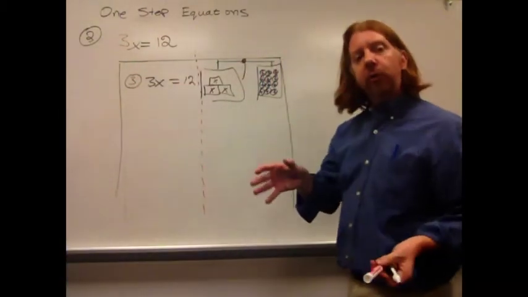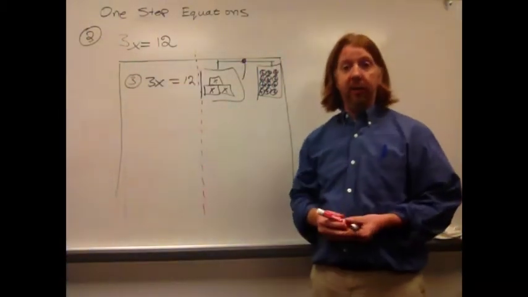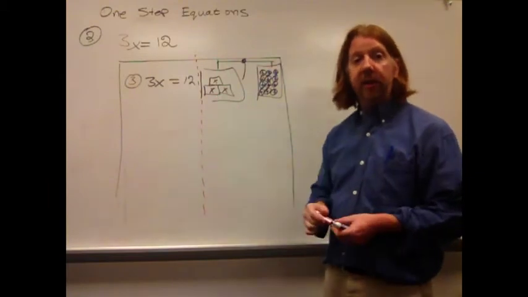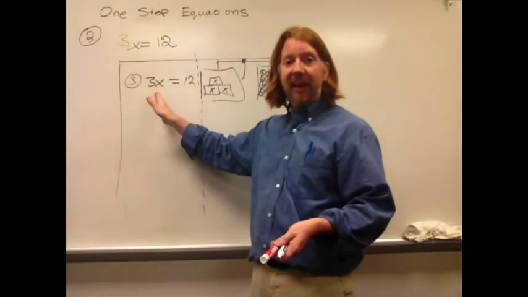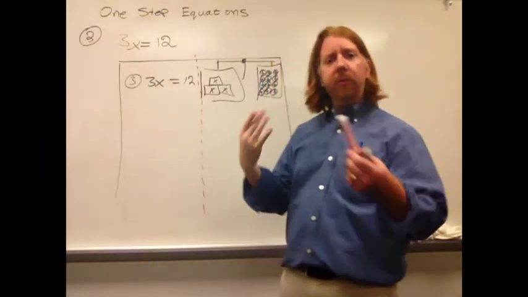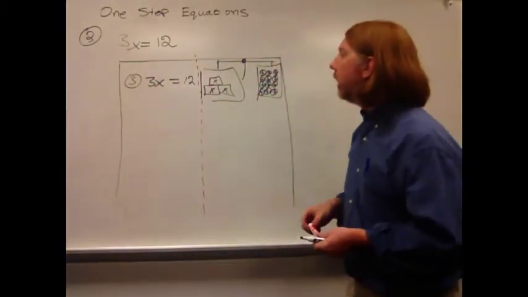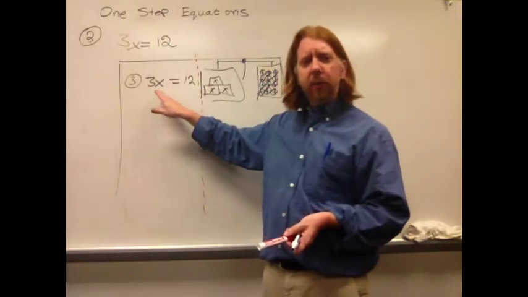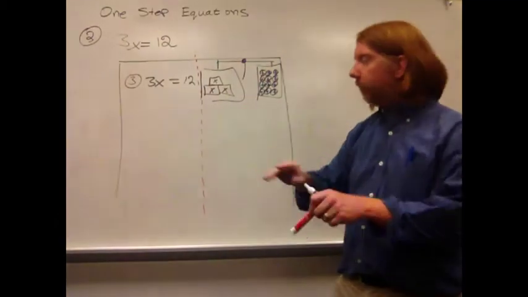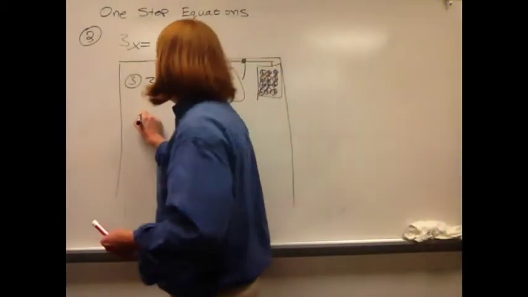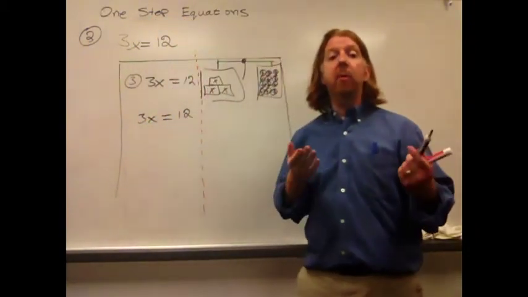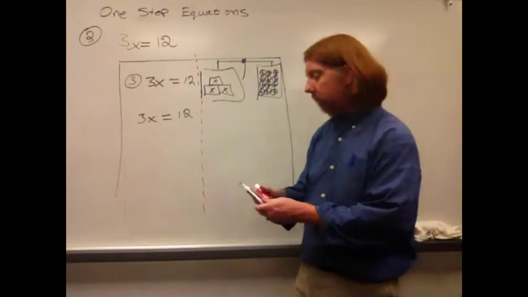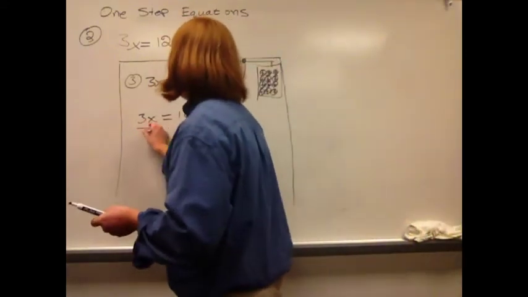Now, when it comes to undoing multiplication, moving that 3 to the other side of the equal sign, as some will say, or simply trying to isolate the x, there are many different forms of discussing what we're doing here. It's a little different writing, so I'm going to rewrite that so I have a little more room to work. 3x is equal to 12. And the opposite of multiplication would be division. So I'm going to write that I'm going to divide